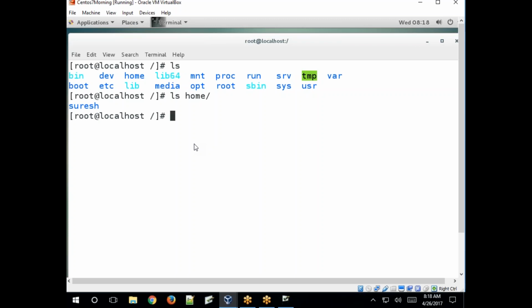So if you log in with the Suresh user account, when Suresh creates files and directories, or copies files from another location to his directory, those files will be stored under this directory. Let me run ls on /home/Suresh. See, there is no file.